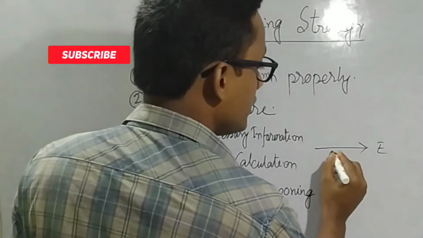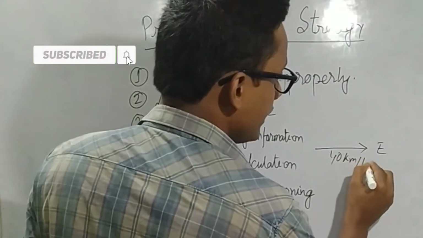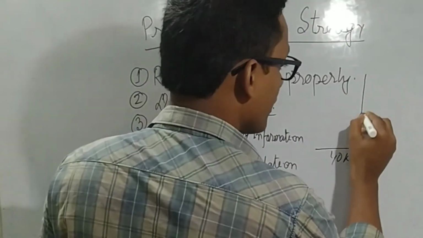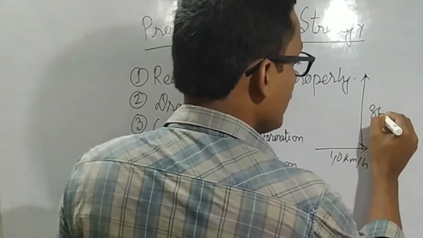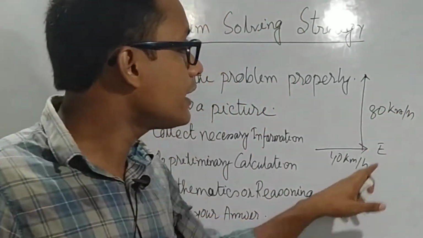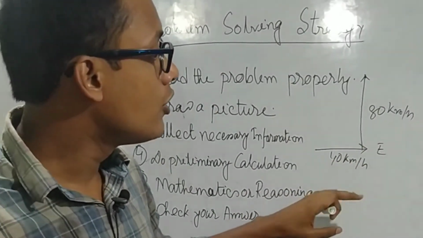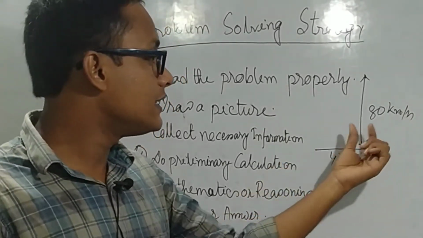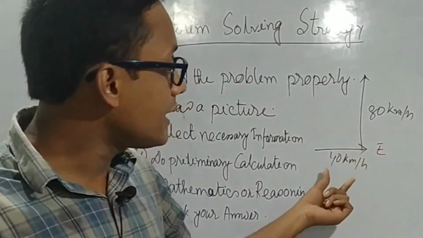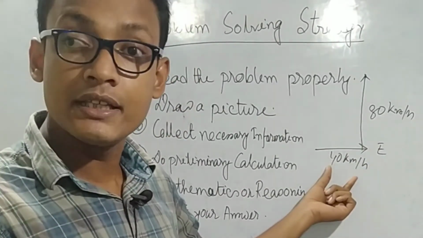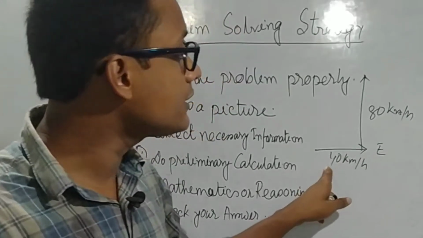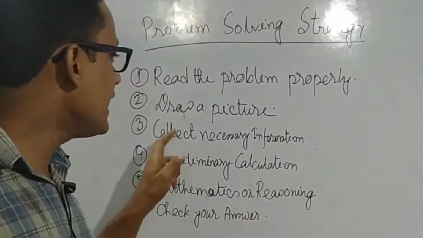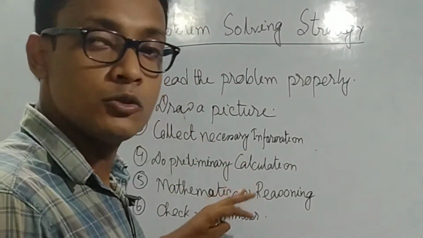with a velocity 40 km per hour. Then the particle is moving towards north with a velocity 80 km per hour. Look at the figure. We cannot draw 40 km or 80 km on this board, so we have to draw a figure that represents that 80 km per hour is greater than 40 km per hour. We have to make some physical sense that will help us to solve this kind of problem.